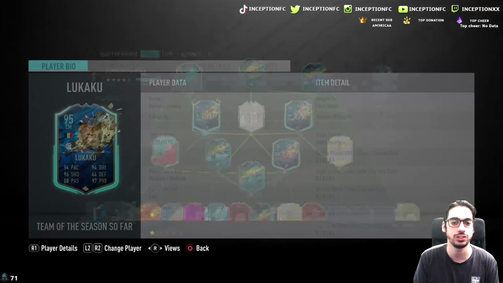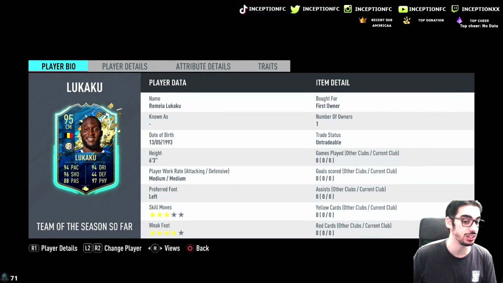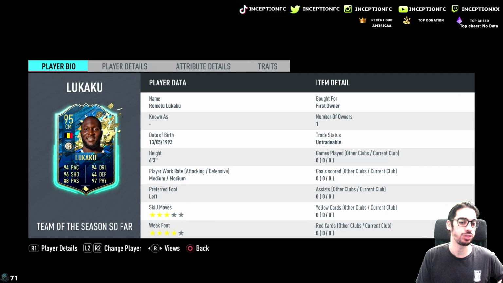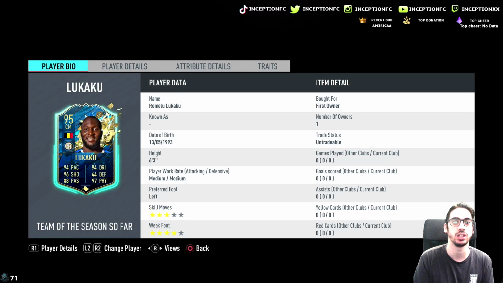So, ladies and gentlemen, let's take a look at this card. He is a 6'3" player with medium work rates, left-footed, with 3-star skill moves and a 4-star weak foot. Okay, so obviously with the skill moves part not being there, not necessarily a huge deal because of the fact that he at least has the weak foot. It'd be nice if he had like a 5-star to compensate for the fact that he doesn't have the 4-star skill moves, but EA definitely could have given him a 4-star skill move upgrade because of his lack of dribbling